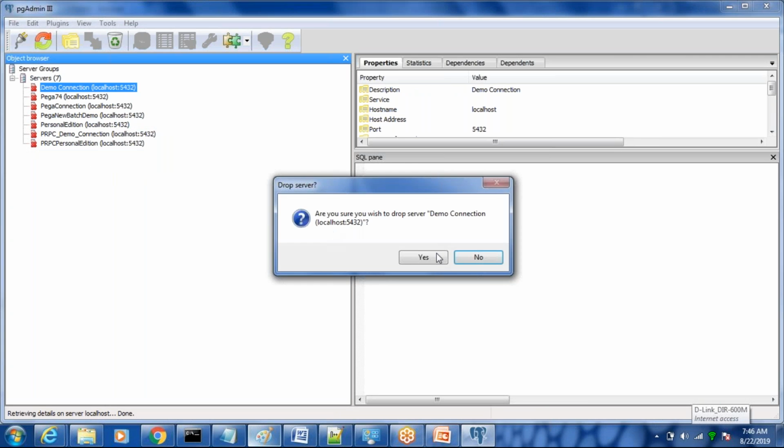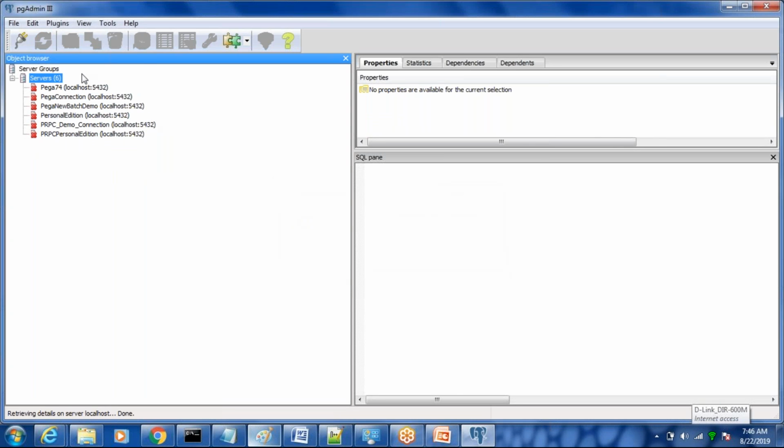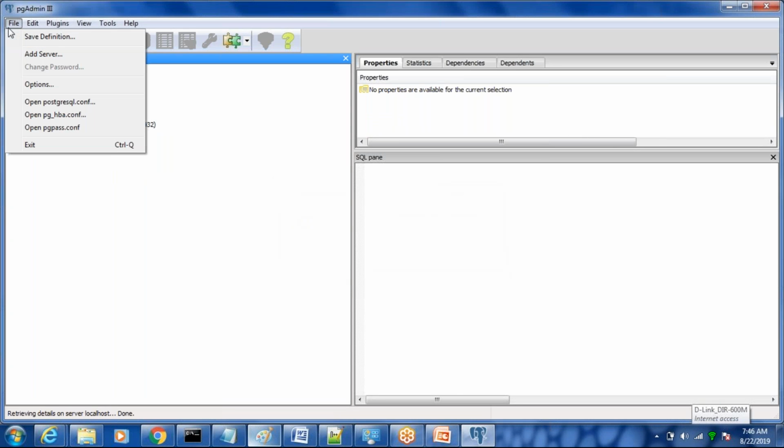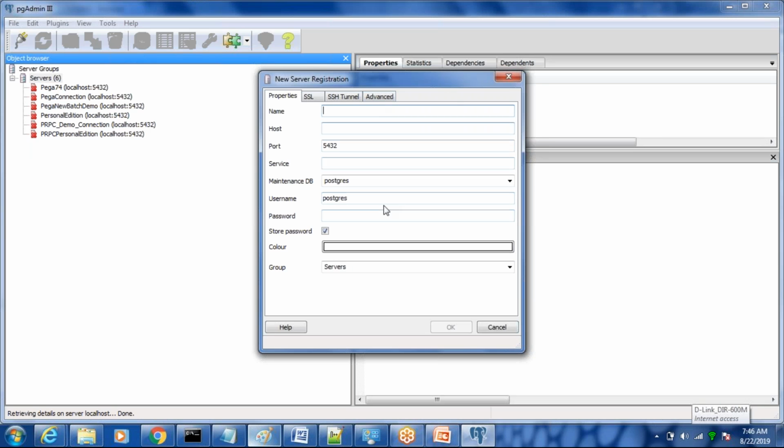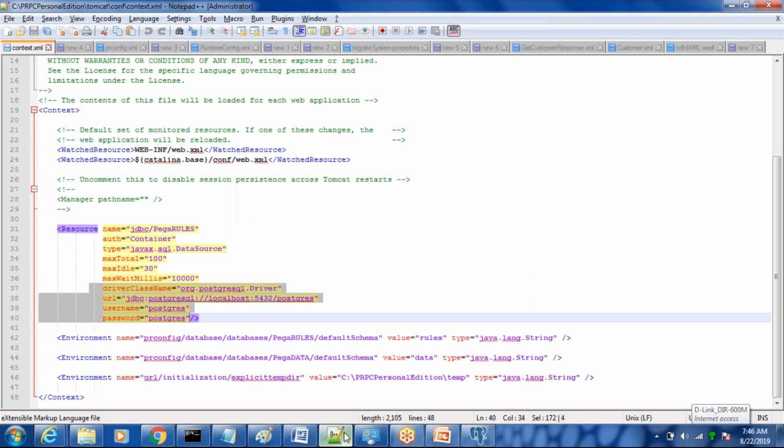Basically, you can make a connection by using add a server, going to file, and adding the details. You get these from the context.xml, which I have shown you. Here we have the URL jdbc:postgresql, and localhost is the IP address.